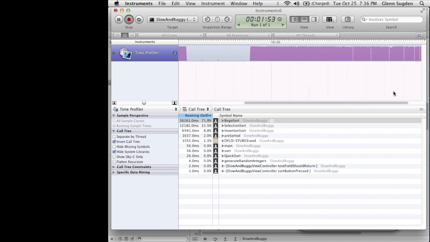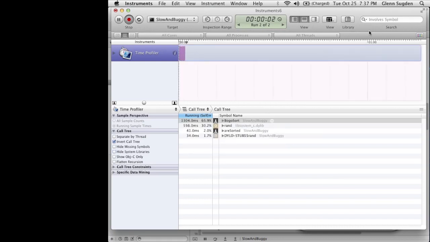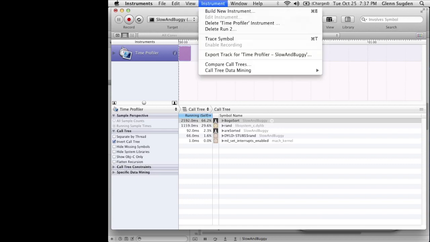So I believe that's still running. Yeah, still trying to BOGO sort 100 numbers, which I don't remember if 100 ever finishes. You can always stop it. You can stop recording at any time. The cool thing too is that you can record different sessions and you can compare them to each other. So we can take a look at run 1 versus run 2. You can store up a whole bunch of different instrumentation sessions, and then you can compare them to each other, which is really